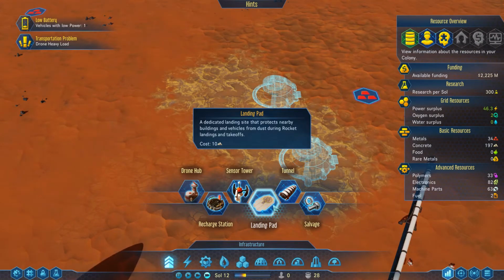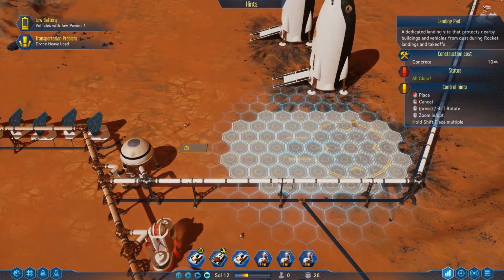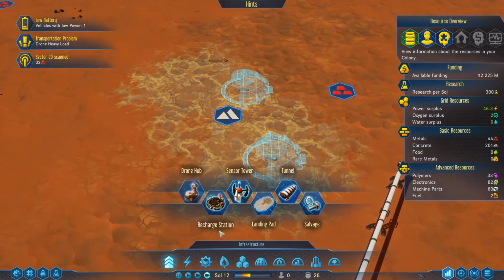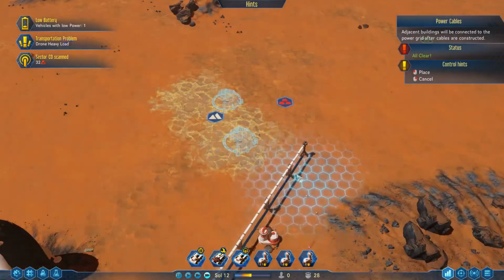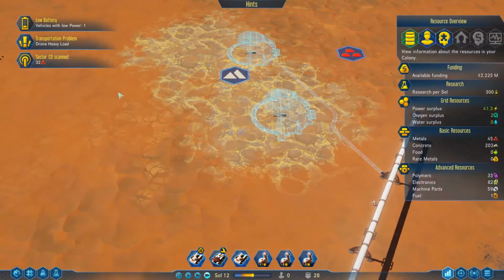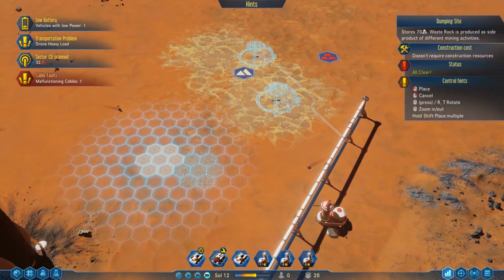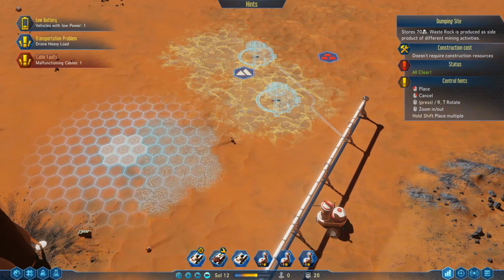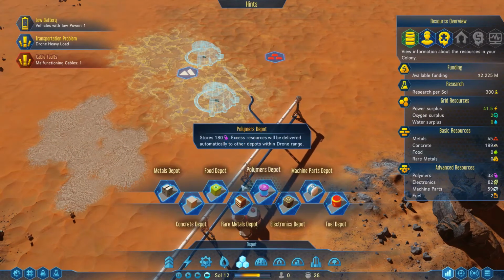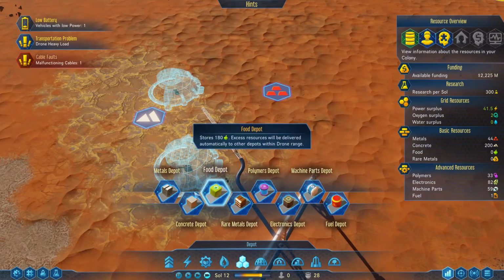Oh, we can put a landing pad. Interesting. You know what? Sector scanned. We'll build a landing pad. That'll be handy. Okay, so let's get power to our concrete extractors. And let's get a place for them to dump. Plenty of place. And then we'll get a concrete depot that we'll put here, and we'll put a metal depot